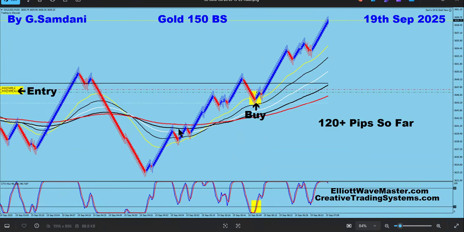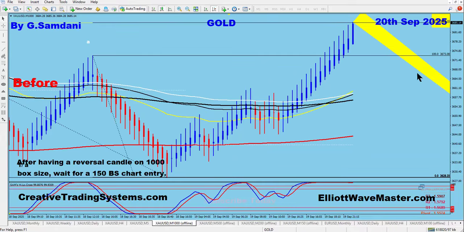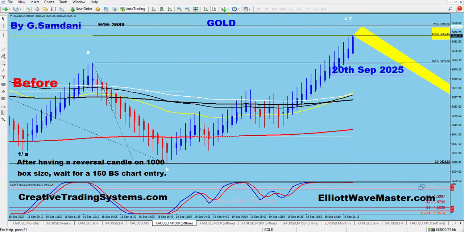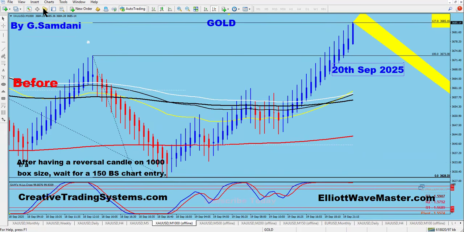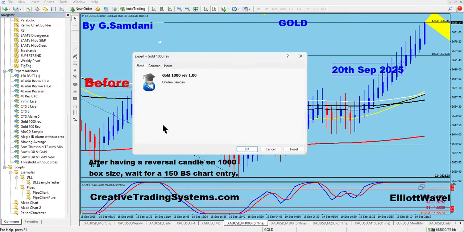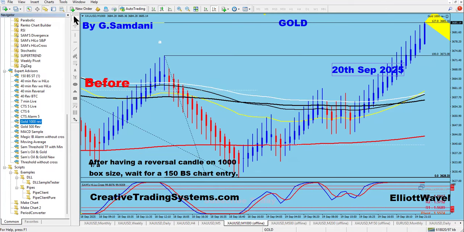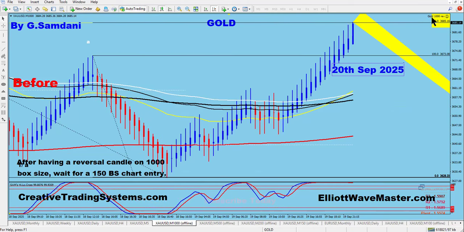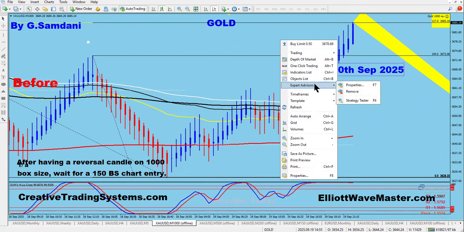And then by the way, the alarm for that is different. Let me show you here. Where the heck is that? Oh, I removed it. Let me show you here. The alarm EA that gives me the alarm is this. Okay, so when I place this and then I make this